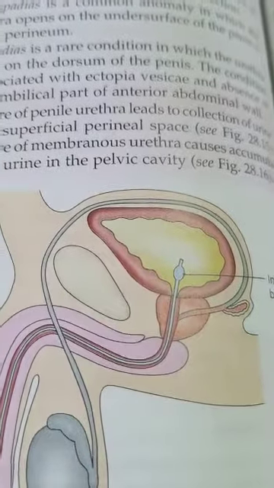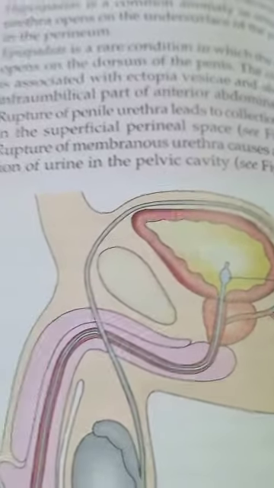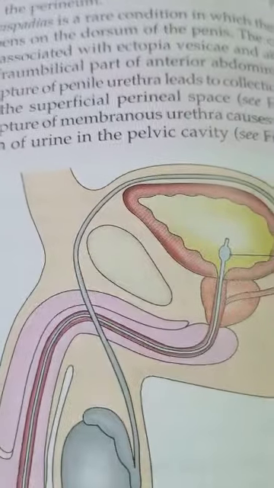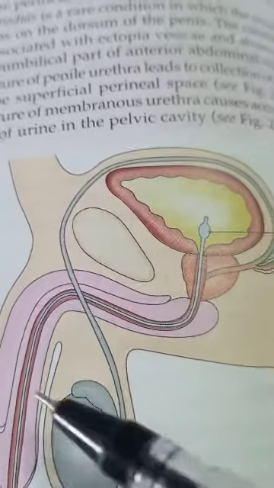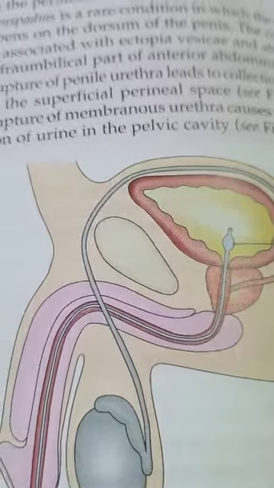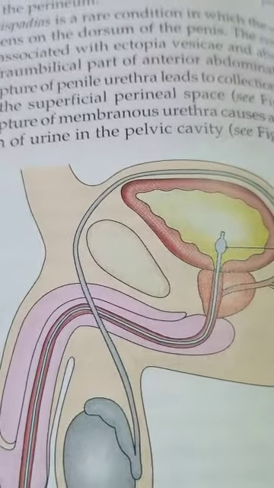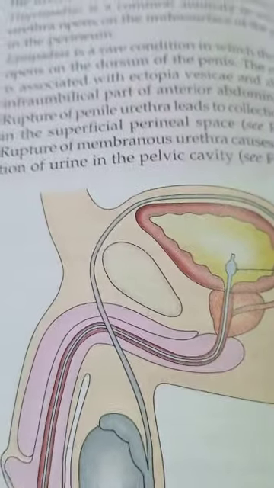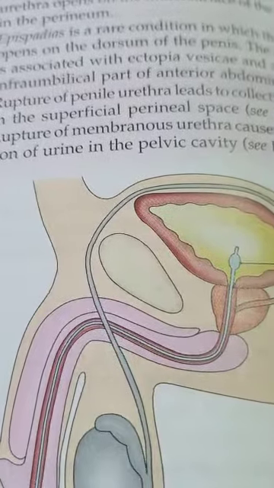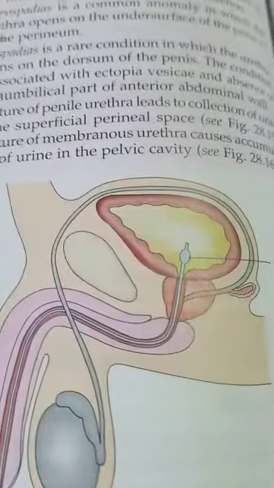And then hypospadias. Hypospadias is a developmental anomaly in which the urethra opens onto the under surface of the penis, not at the tip. Instead of the tip, it opens into the lower portion, the inferior surface of the penis. Then epispadias is another condition in which we can see the opening of the urethra on the superior surface, the dorsal surface of the penis. So that is known as epispadias, and the other is known as hypospadias. So these are the applied anatomy of the urethra.